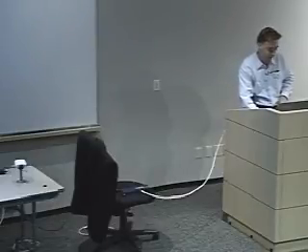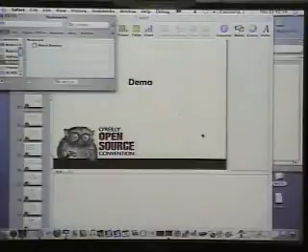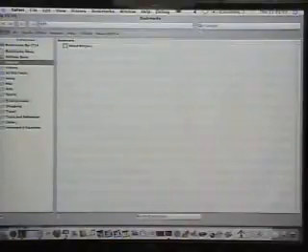So this is Safari, Apple's web browser, and Safari has this little bookmark item here called Bonjour, and if this works according to plan now, I plug this into the camera,